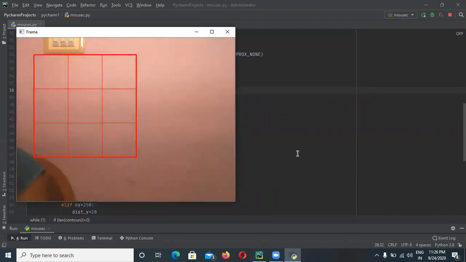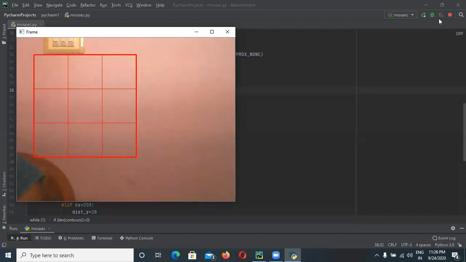You can see the rectangular grid here, and you can control the mouse using the yellow color. See, the mouse is moving, and whenever you want to click, just flash the green. You can see that. And then if you move the yellow color out of the grid, your cursor will not be controlled, because we should make sure that the yellow color marker stays inside the rectangular region.